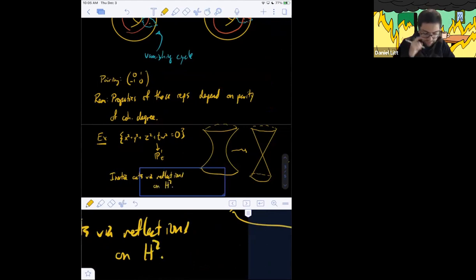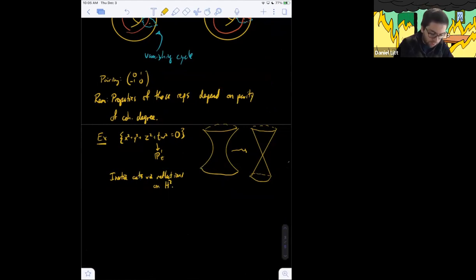On H2. And this is an example that's actually kind of easy to compute, and you should try it as an exercise. The point is that the middle cohomology of a quadric is generated by the rulings, right? It's generated by the two lines. So if you have a quadric surface, its middle cohomology is two-dimensional. Then you should think about what happens when you travel in a circle around t equals 0: you're exchanging the lines. So that's the reflection on H2, and it's just the matrix 0, 1, 1, 0.